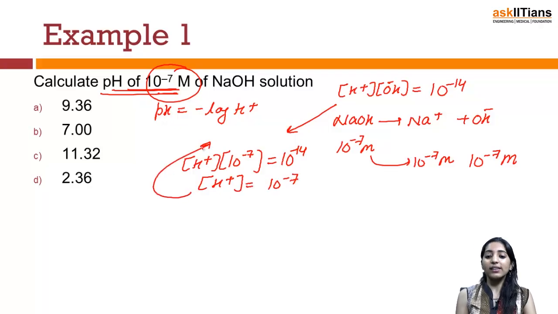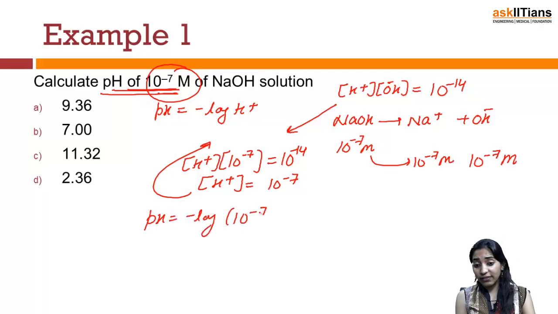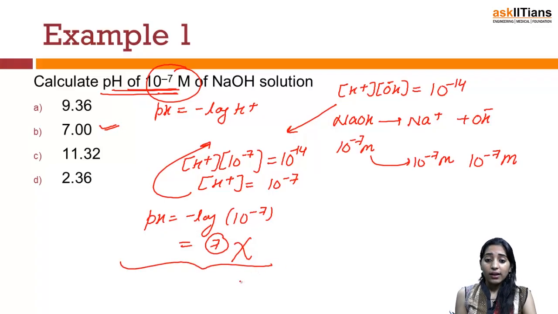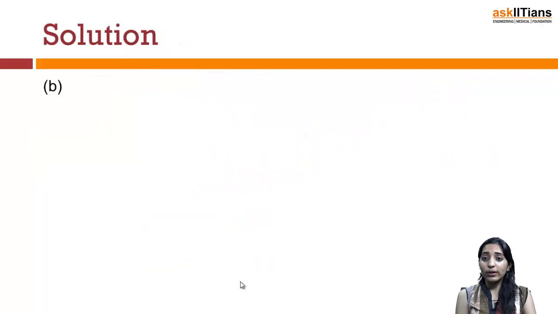If I put this thing here in the above formula, I get pH is equal to minus log of 10 to the power minus 7 and the value comes out to be 7. But this is actually a wrong method. Although the answer which we have obtained is the correct answer, that the value 7 is already given, the method by which I had solved this question is a very wrong method, because we are not considering any other thing which is present in the NaOH solution. Now let me tell you what is the correct thing by the help of which we can solve this question.